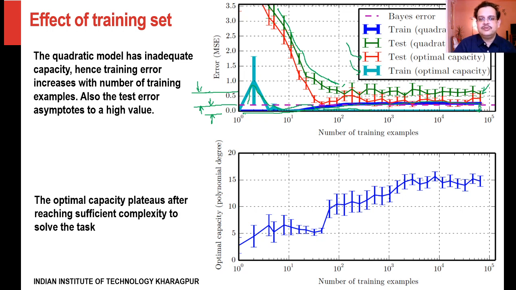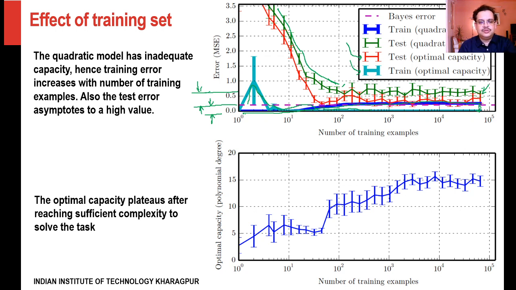You can see the green line just sitting atop the x-axis. And then when you use this, let's see what happens to the test error. Now the test error actually drops down much below the green one. So you see that with the optimal capacity, the test error is much better. So you have a lesser generalization error when you use it on the test data.